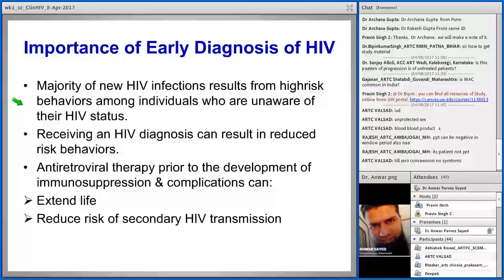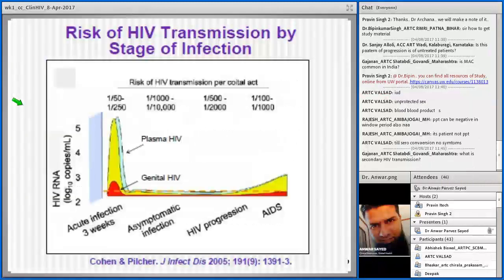So as soon as you find out a person, immediately, or if the ART is started early, and when the viral load becomes undetectable, then the risk of transmission from that person to another person will be reduced drastically. And that is actually the theory behind giving ART to all ANC mothers at present in the guideline we are following. So when we give ART to all pregnant women, the risk of transmission to their babies will reduce drastically.